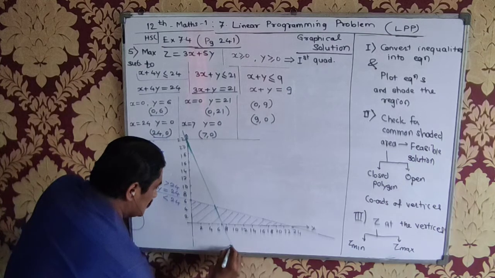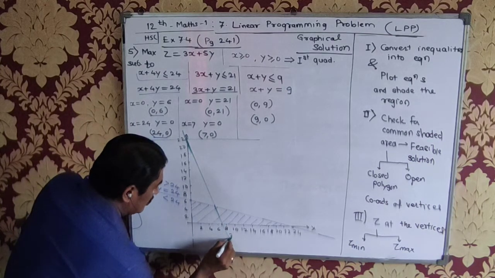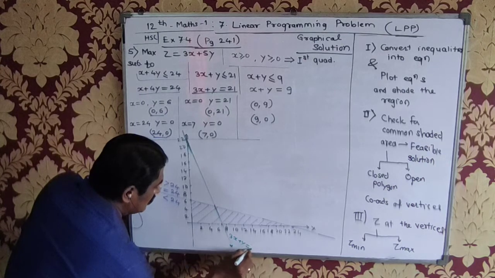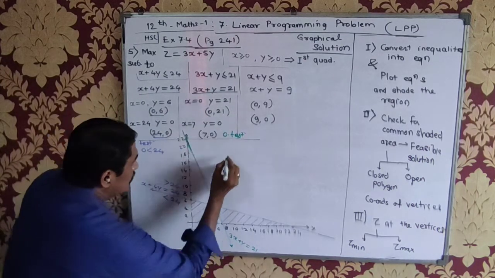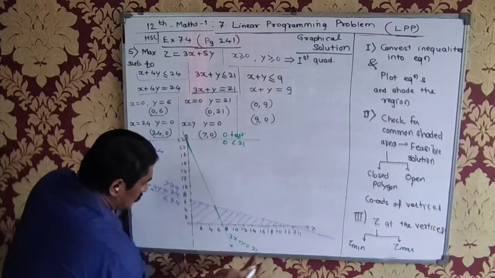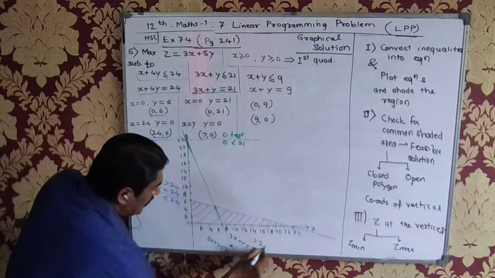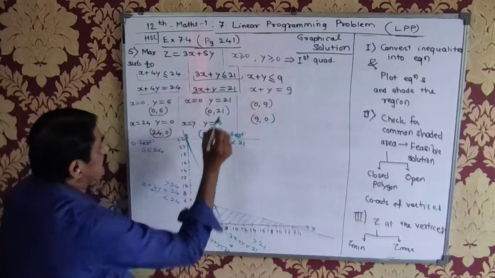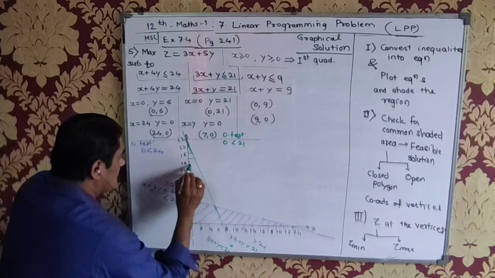The equation is, इसका इक्वेशन है 3x plus y is equal to 21. ओरिजिन टेस्ट अगर हम लेते हैं इसका, तो it will be 0 which is less than 21. तो on this side it is 3x plus y less than 21, उधर होगा greater than 21, और मुझे चाहिए less than or equal to 21 on the line, below the line. So it is a set of all these points here.